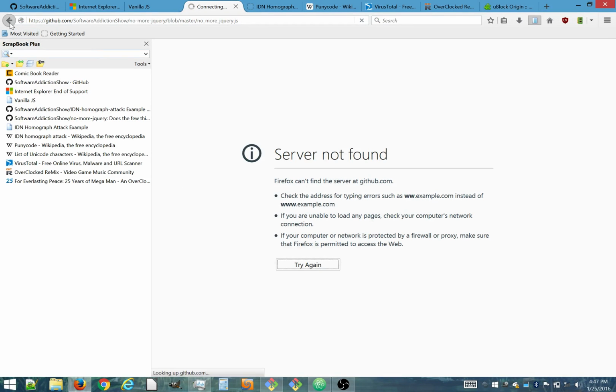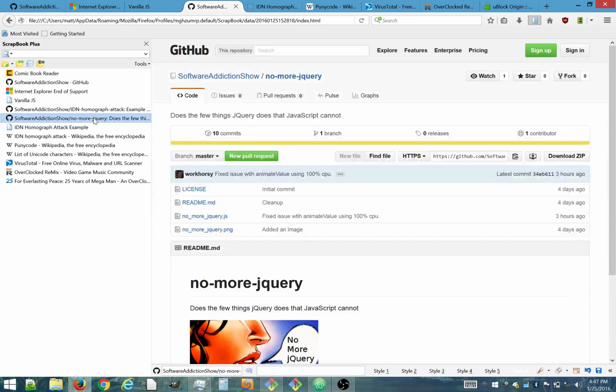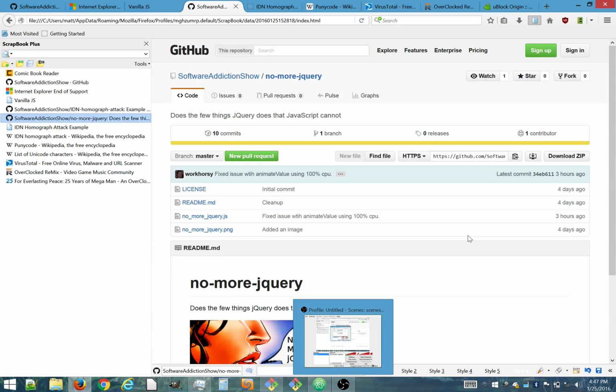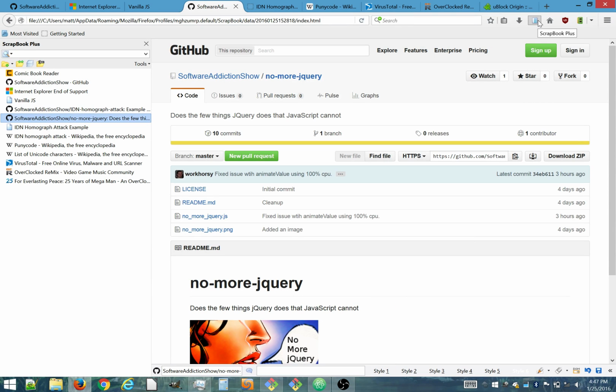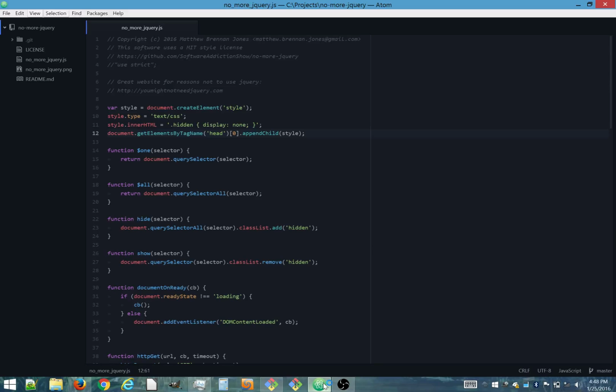Oh, that's right, we're offline. Shit. Yeah, for some stupid reason, I can't record. I can't seem to get a place to record that has Wi-Fi. So getting those two things together is like waiting for the planets to align, so I have to be offline now. And I'm using this weird plugin for Firefox, Scrapbook Plus, to kind of save all my web pages in app cache, so I can look at them right now while I'm recording. But anyway, I have the code here,